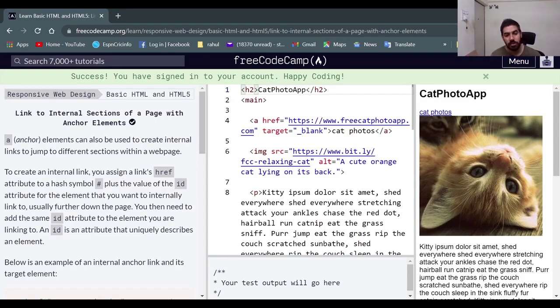Also, in the tag of your destination, you need to give the same ID value. Also, while linking to an internal section, don't add the target attribute. Generally, in an anchor tag we first give the href attribute the URL value, then we give the target and assign it to blank if we want to open it in another window. But when we are linking to an internal section, we will not do that. We only put the href attribute with the value which you have given as an ID to whatever tag you want to connect it with, and no target attribute will be given.